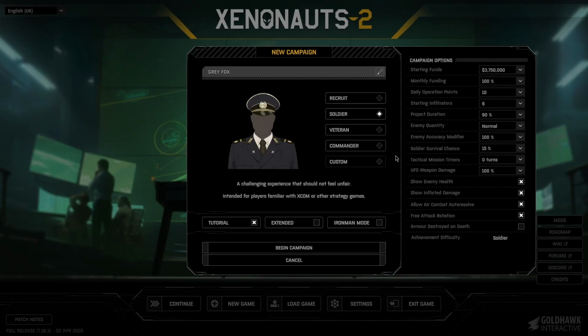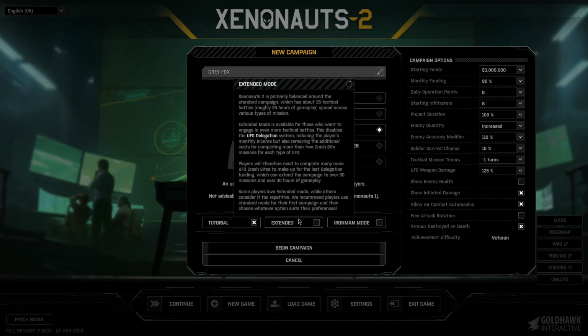We see damage inflicted. We can auto-resolve air combat. Turning around takes time units. If someone dies, their armor goes down. Fine, we'll do that. Extended is...